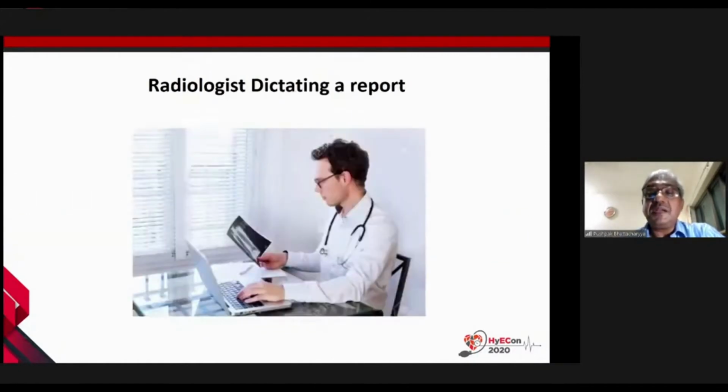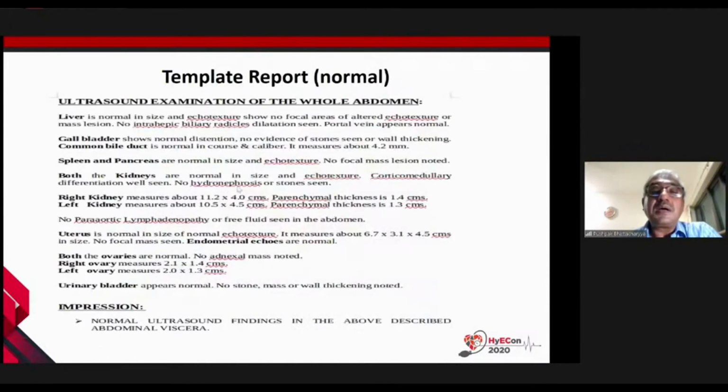Now, radiologists typically dictate a report looking at the X-ray plate, which is shown here, and we apply natural language processing and speech technology to produce a very formal and detailed report. Now, the template report is of this form. This is our template report, which we have adopted from amongst many other options.